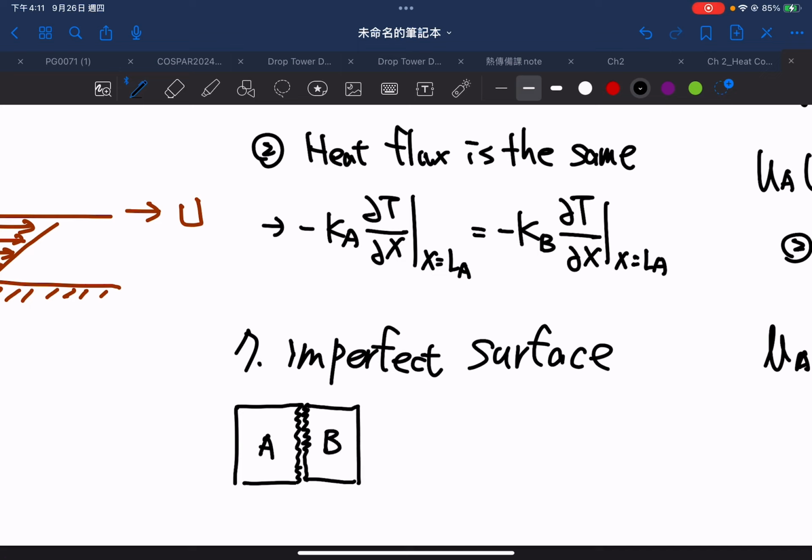They don't have a perfect contact interface, and the space in between will be full of what? For example, full of air. Let's write it down: this will be air inside. Air is a good heat insulator. So if we take a close look at this area,